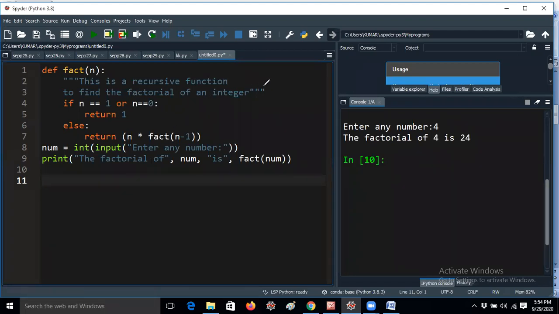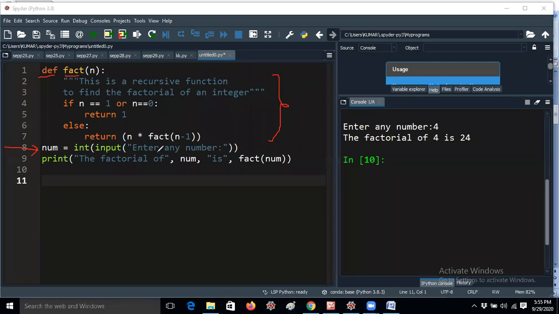So I did not use any loop here. You can check, I did not use any loop here. Anyway, the program's execution always starts from the 8th line onwards, because def is a function definition. That means the body of the function will be executed whenever you are calling that function in the main. Here, this is the main actually. There is no main function at all.